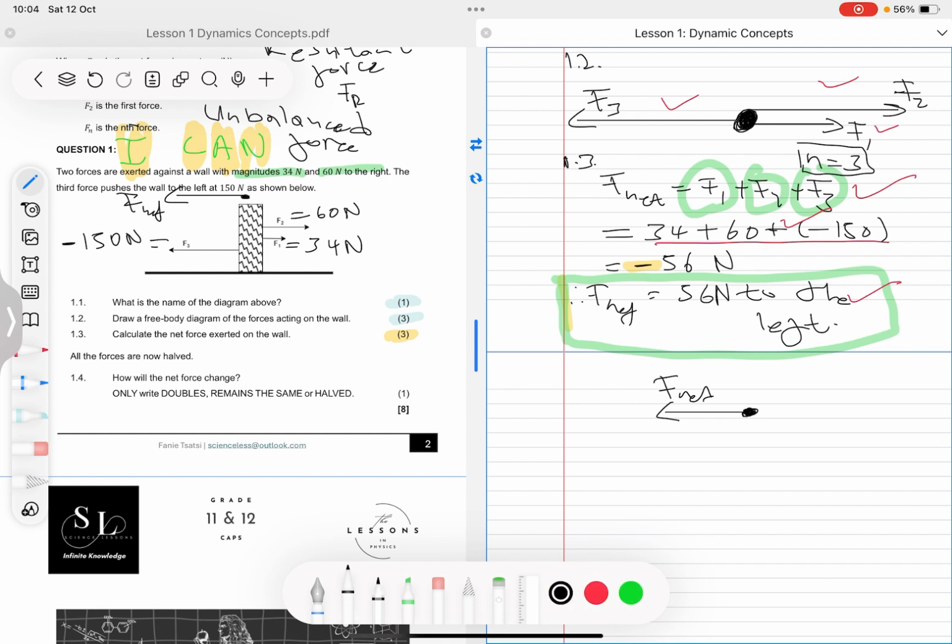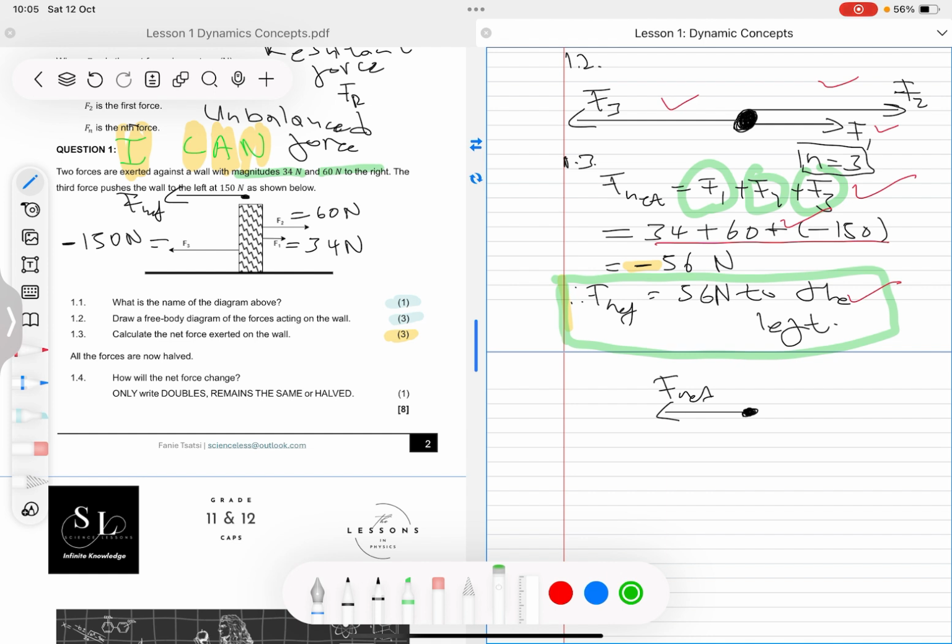On this equation, it should make sense to you that if I increase this force, I make it bigger, the net force should also be bigger. If I change this force, I make it bigger, the net force should be bigger as well. If I change this one, I make it bigger, we expect the net force to be bigger, and vice versa. If you were to decrease any of these forces, we expect the net force to decrease too, because this is just a simple addition equation, right? Now